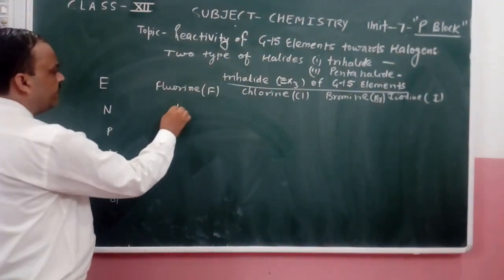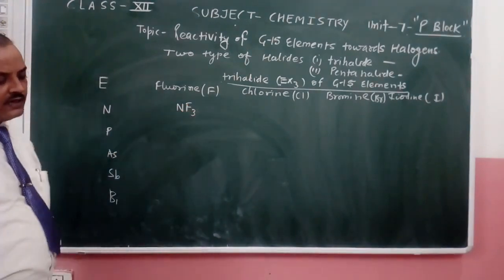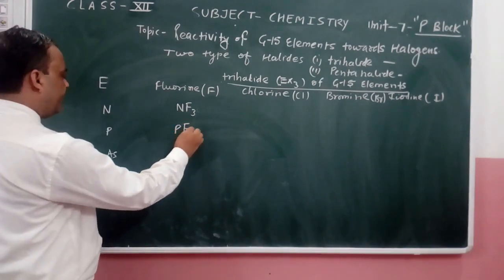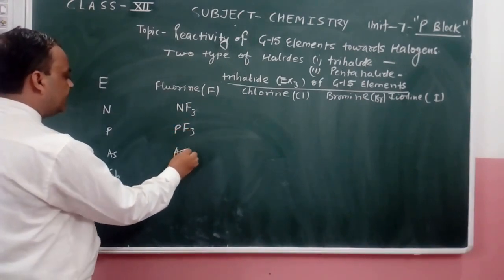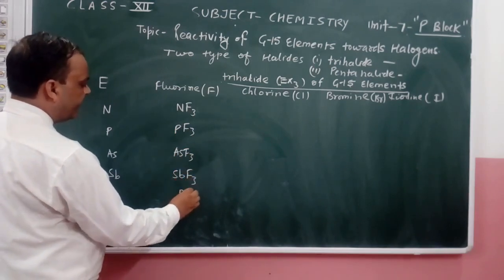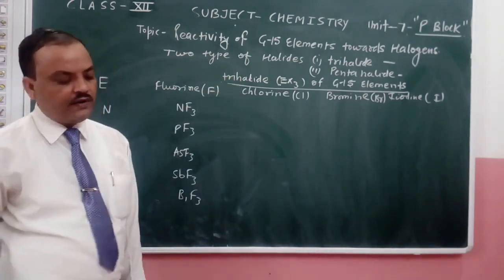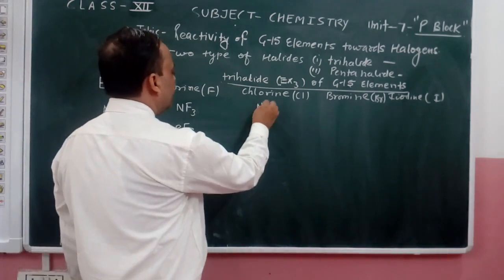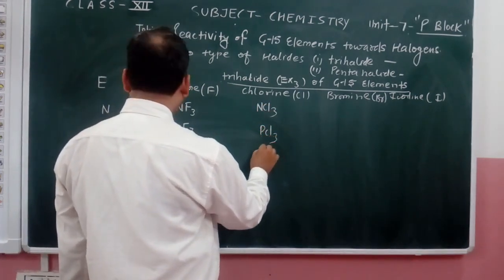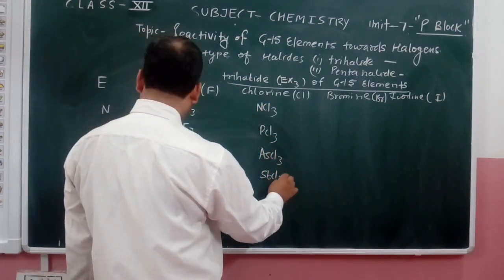Nitrogen reacts with fluorine, that is NF3 will form there. Trihalides, they are trihalides. PF3, AsF3, SbF3, BiF3. In the chlorine case, what do we have? That is trichlorides: NCl3, PCl3, AsCl3, SbCl3,